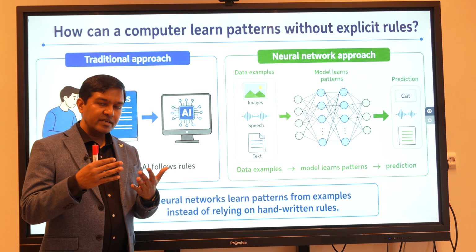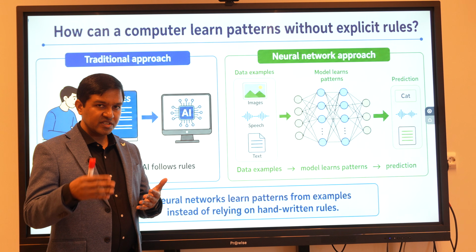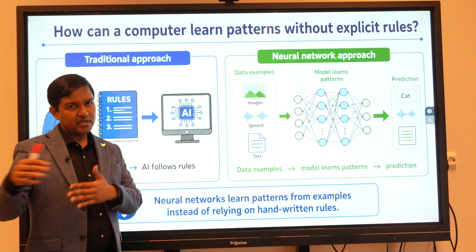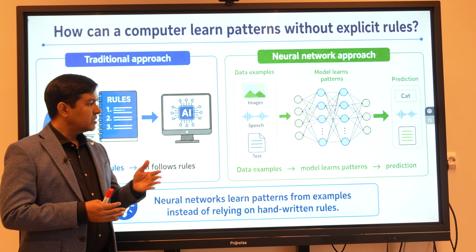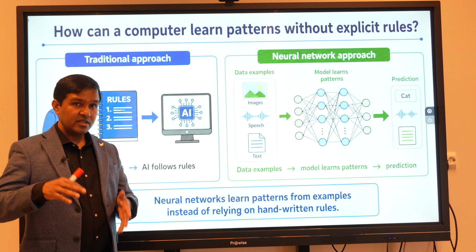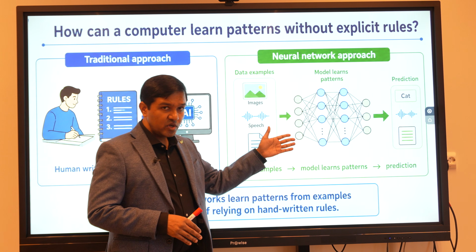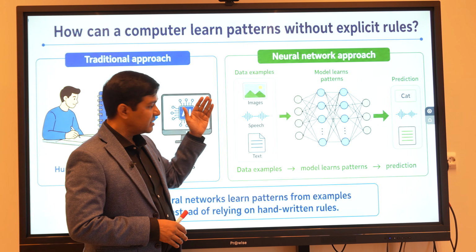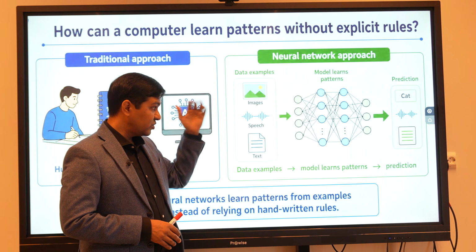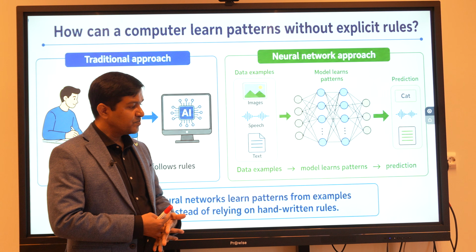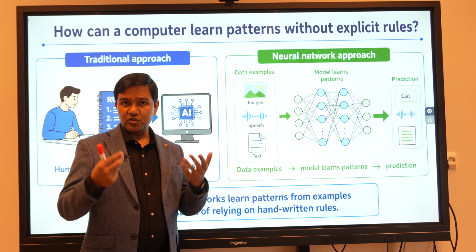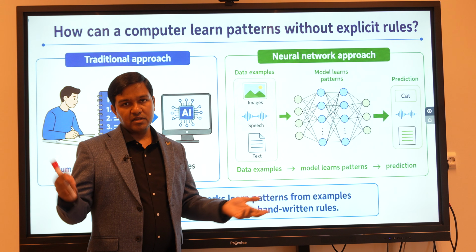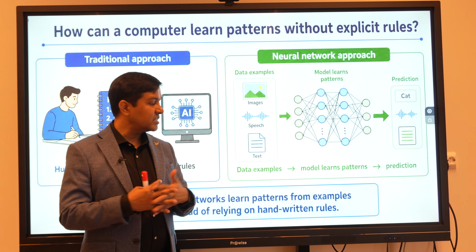Either you could pass image data, which is converted into features and then passed in. Audio data you convert into features and then pass into the model. Text data is converted into features and then passed. But in a neural network, you can pass image directly, audio directly, text directly, or combine all and pass them directly. Like currently I am lecturing, you can pass the whole video of my lecture as well as my audio, and any other context of the lecture.